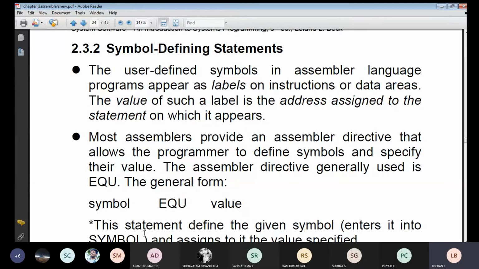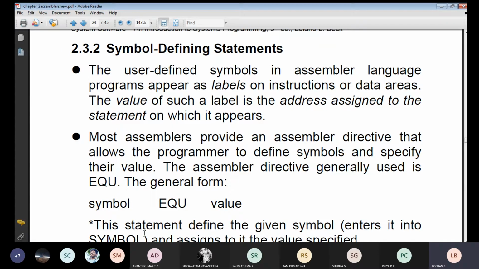The next topic we will be discussing is symbol defining statement. Whatever instructions or labels or addresses you have, everything we will be storing in one particular table. That table we call the sim tab.